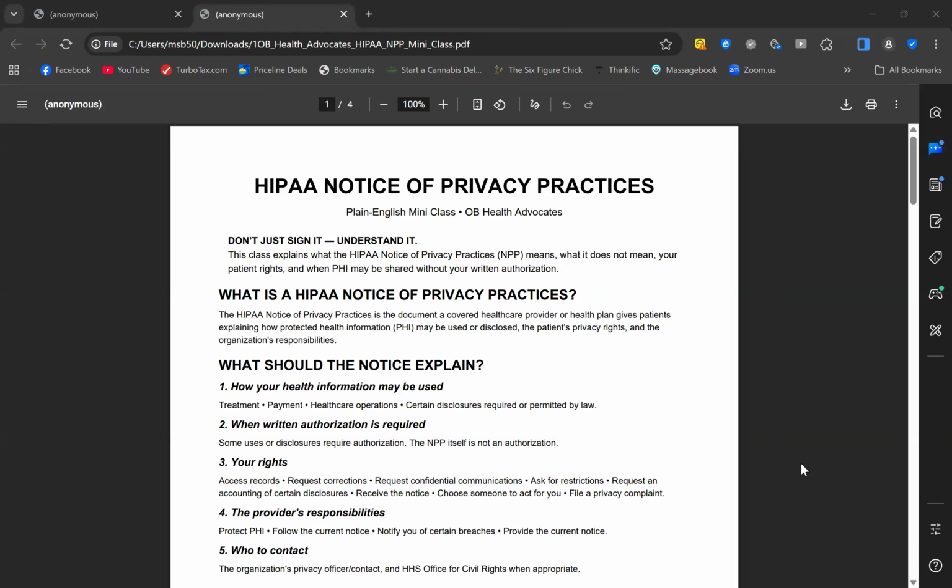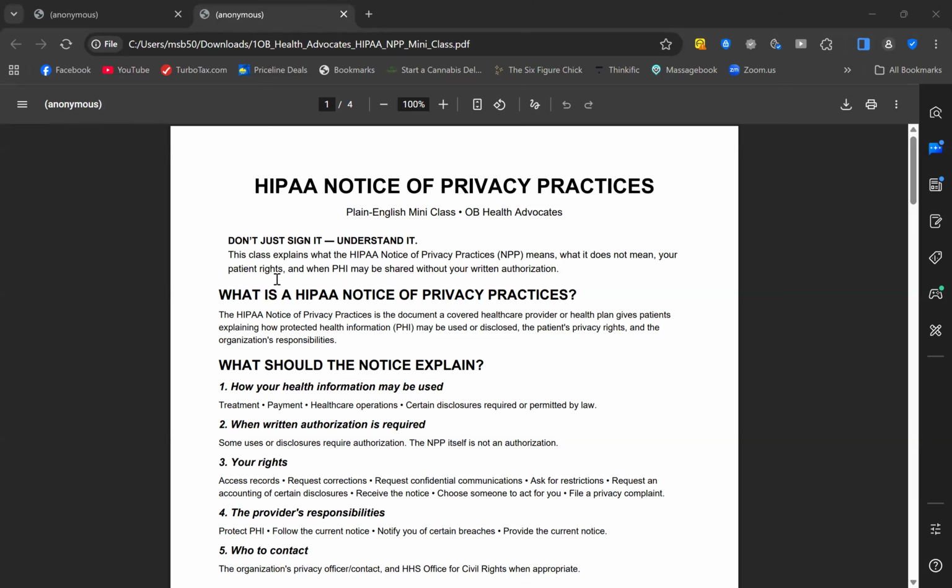So, we're going to go through this. It's in plain English. It's been typed up as plain English. So, let's go along. Don't just sign it, understand it. So, this little mini class is going to explain the HIPAA Notice of Privacy Practices, what it means, what it does, what it does not mean, your patient rights, which is very important because sometimes